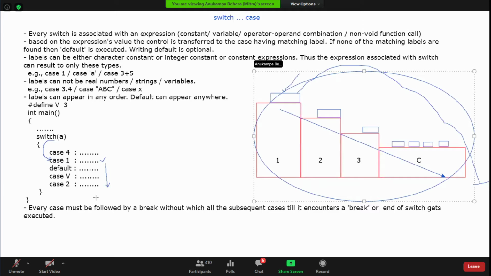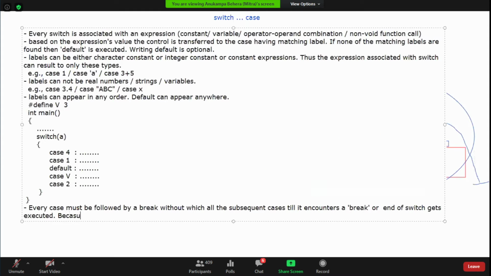There we use break. We do not use break to come out of if. Why? Because if it is false, it will automatically come out. You don't have to do anything. Is it clear with you now? Can you answer now? So what is the answer? That every case must be followed by a break. Why? Because labels are not controls.